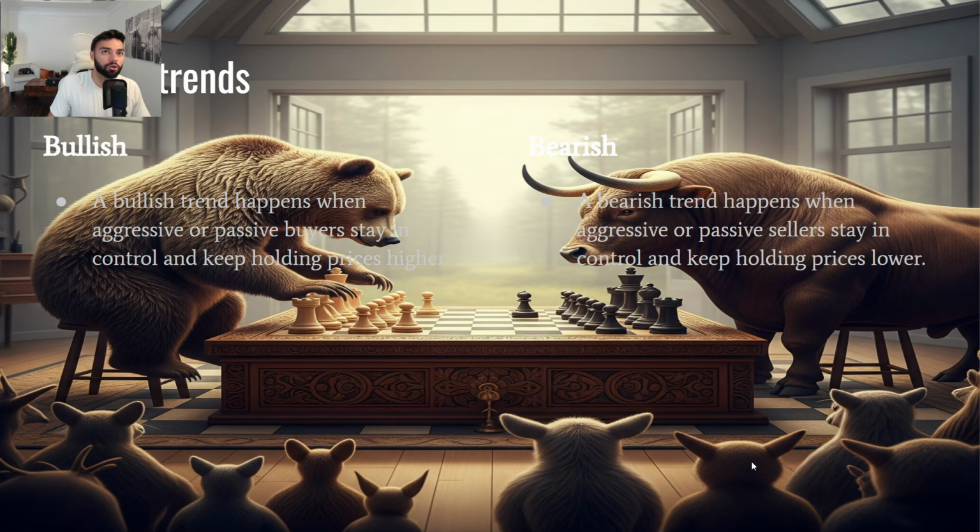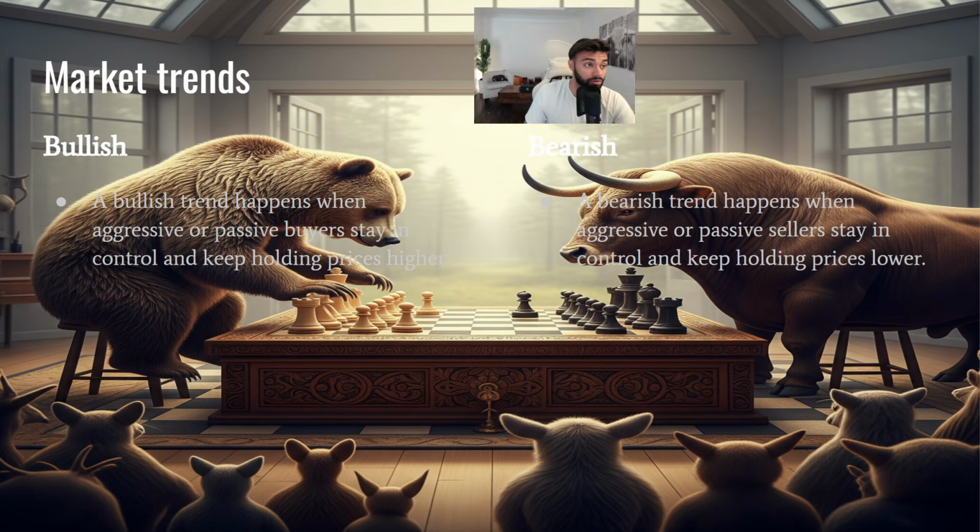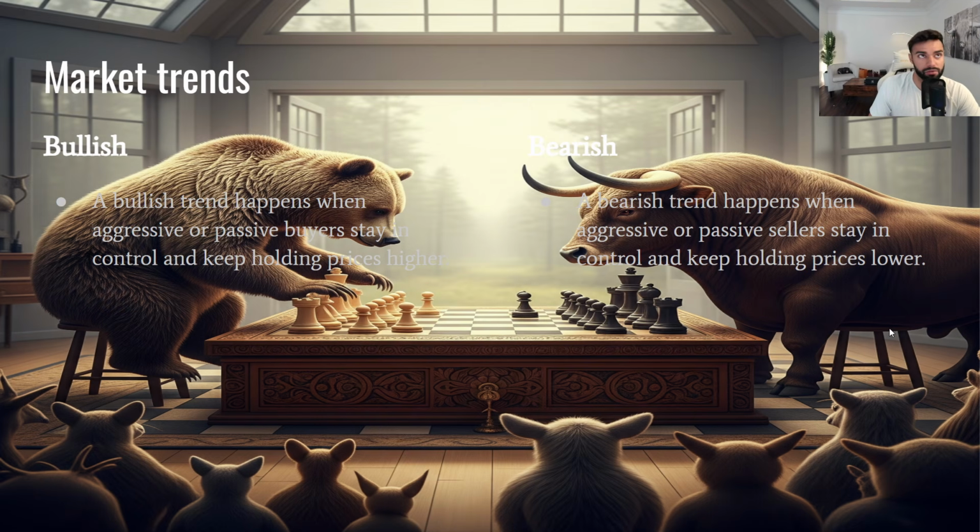And this is incredibly important. So the market trends will either be bullish, which just means that aggressive or passive buyers stay in control and keep holding higher prices, right? Or bearish. A bearish one happens when aggressive or passive sellers stay in control and keep holding lower prices. You can use this on candlestick charts. You can also use this on the level 2 and time and sales, which for me helps you avoid a